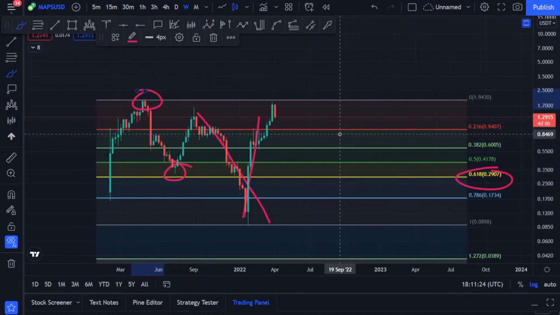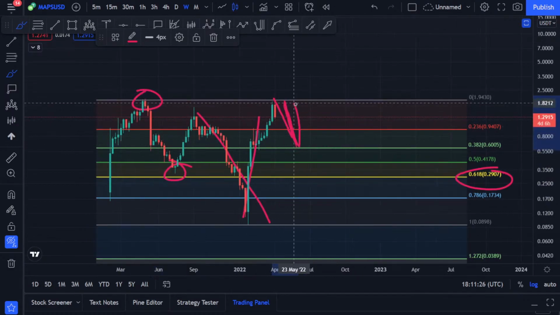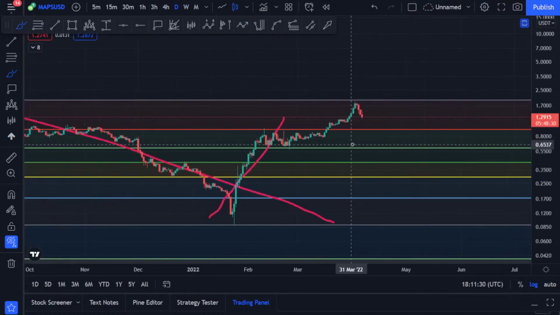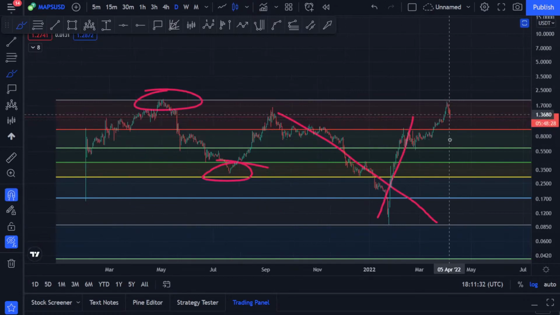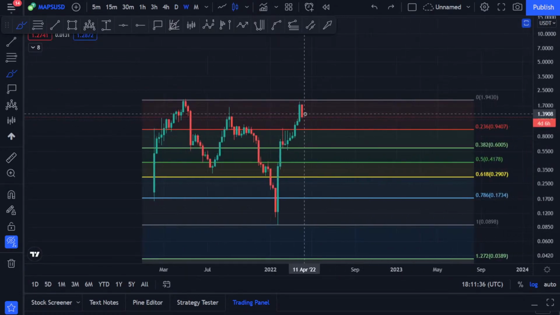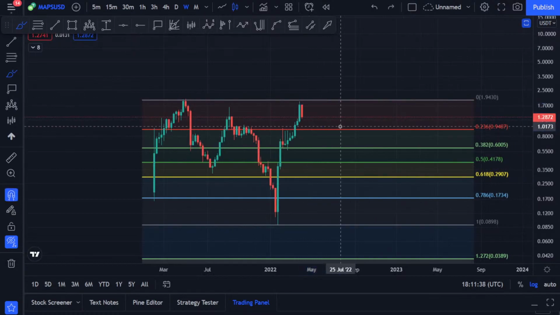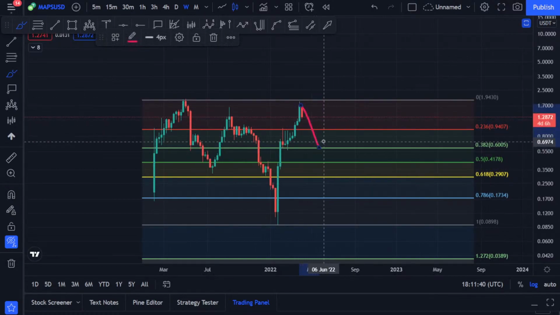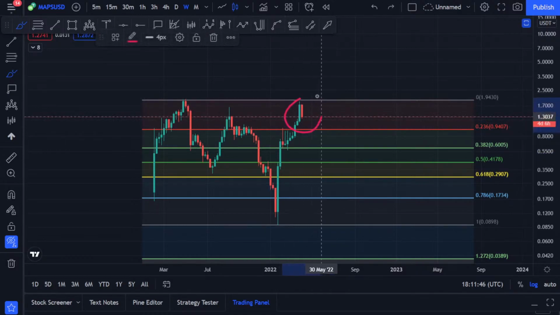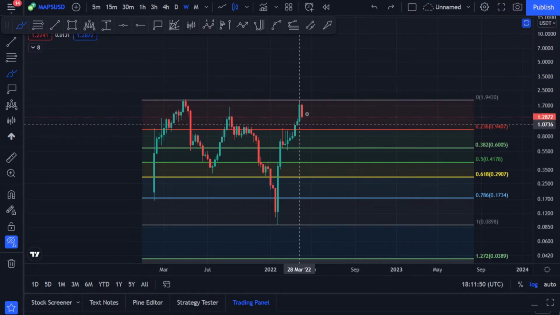Now, wherever it can find this next support, that's what it's looking for, I think. If it can find a support, maybe a little bit, oops, let me take these lines off. Yeah, wherever this support level can be, then it will settle over there, wherever that is. Okay, could be here, or maybe it could just rally towards the upside, but I believe it hasn't completed its